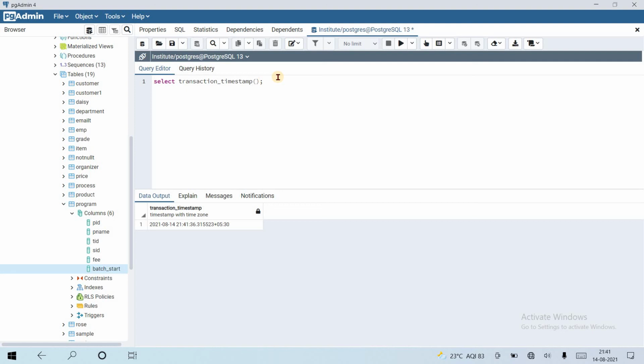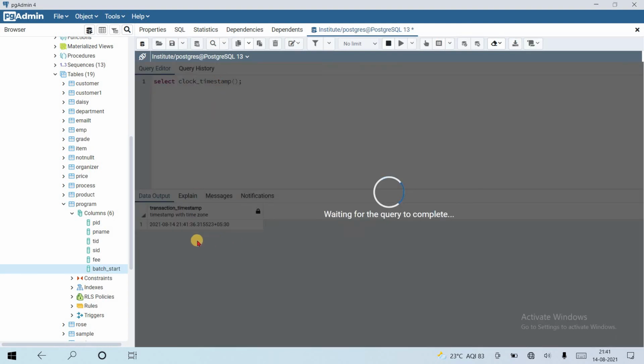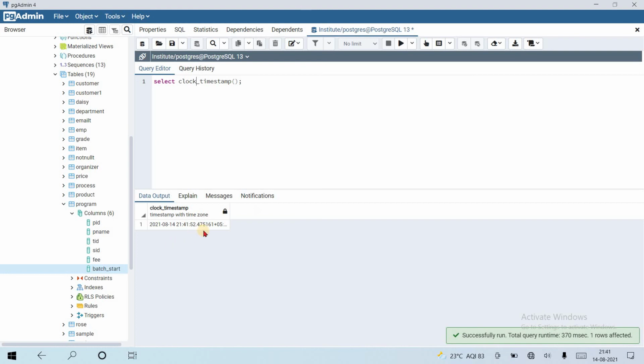Clock timestamp is also there. It returns a timestamp with date, hour, minute, second, timestamp with time zone.